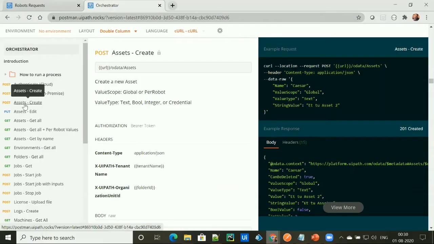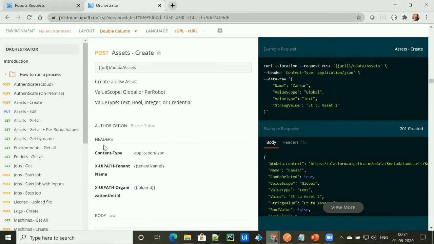UiPath is providing an API which is asset create. This API call uses a POST HTTP method, and this is the endpoint. It is creating a new asset, and its value type will be text, boolean, integer, or credential. So these types of asset we can create.